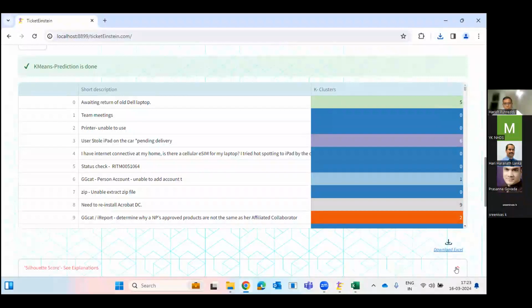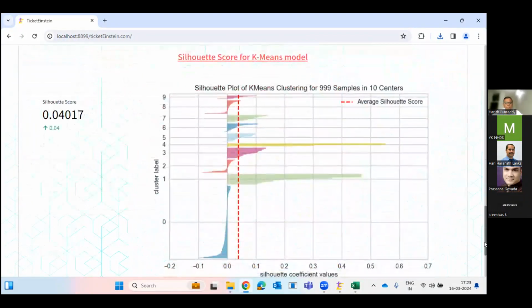I'm sure you're a bit confused as we speak about, hey, what is this clustering about? How will it help me or my project team on a day-on-day basis? So I would show you this Silhouette score.